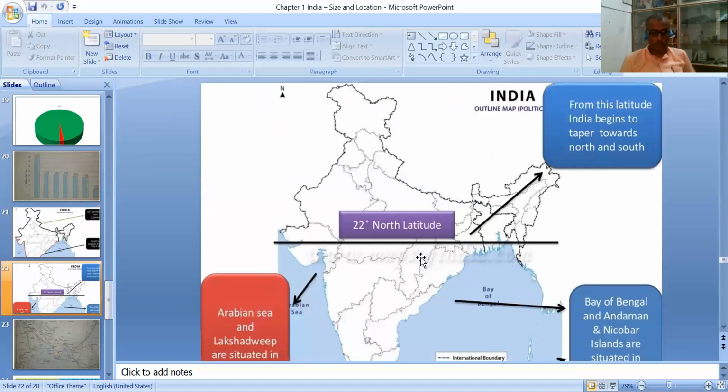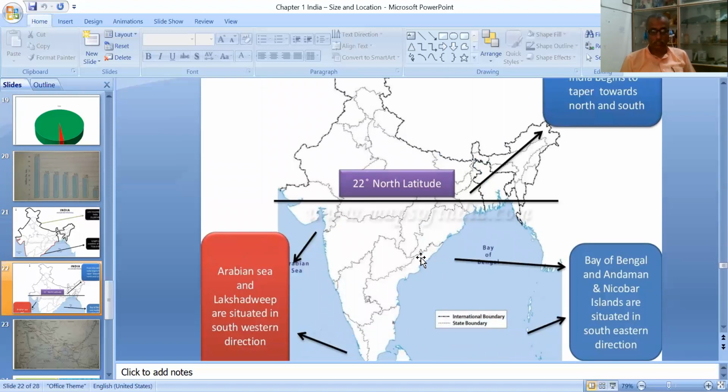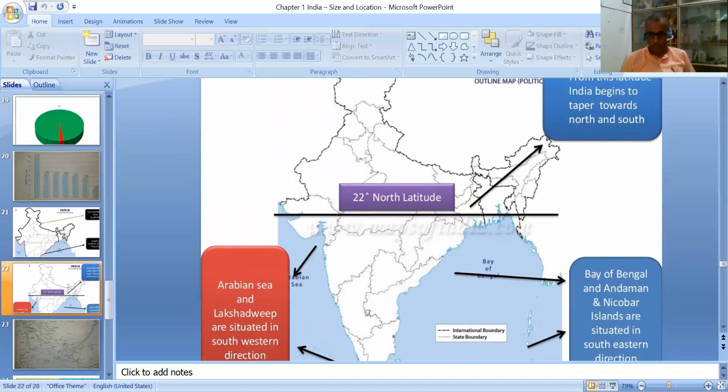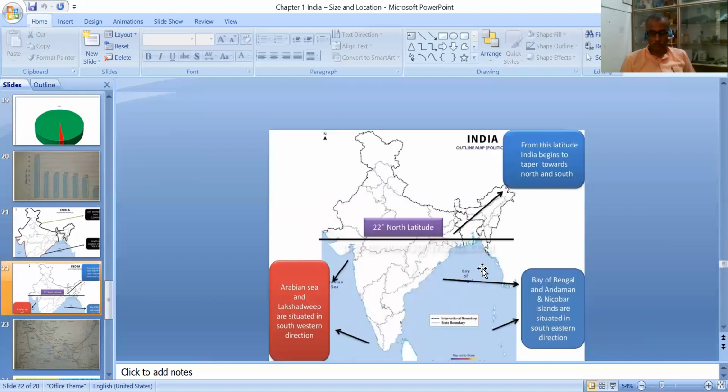Fine. So dear children, let us come to India. Let us look at the latitudinal position, where important latitudes are there. North and south are divided. The Andaman and Nicobar island groups are located in the Bay of Bengal, situated as islands in the southeastern direction. In the Arabian Sea, Lakshadweep is located. This is one of the very important positions. So above the Tropic of Cancer, we have to study North India and southern India positions now.